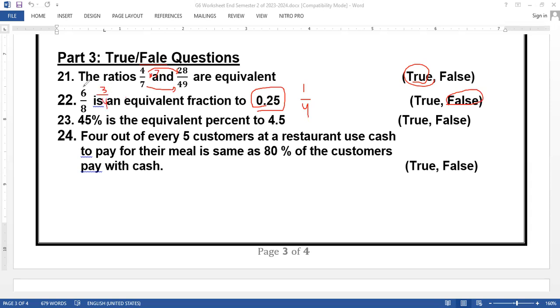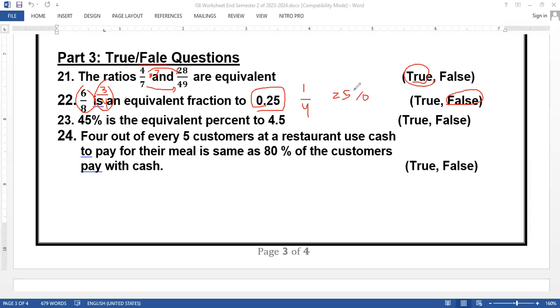Here I change from fraction to decimal. To change from fraction to decimal, we simplify it or we change it to 100. 6 over 8, we simplify it, it becomes 3 over 4. 3 over 4 is 0.75. Or here, we make this 0.25, which is 25%,